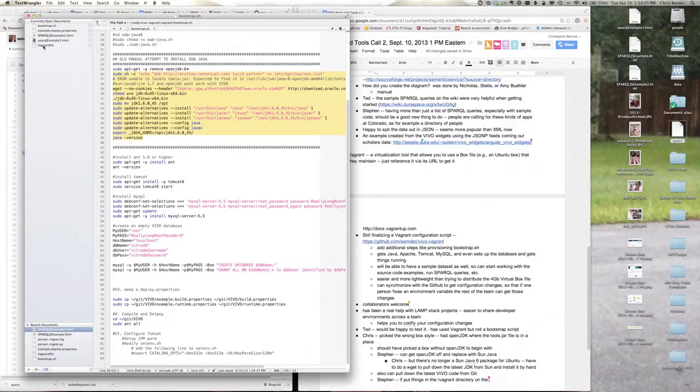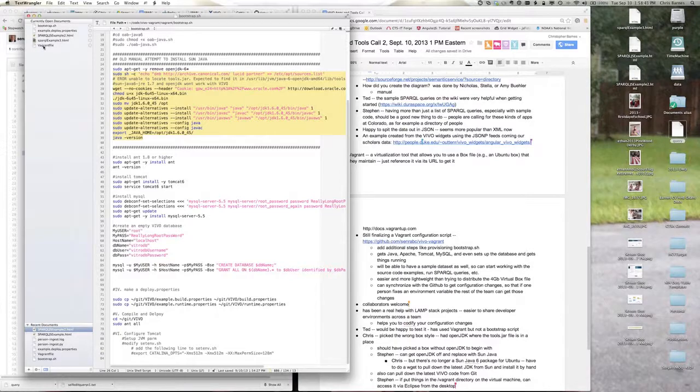But I figured pulling stuff down from the web would be easier for people to follow. But yeah, that's a good point. Vagrant is powerful. If you pulled it down into that Vagrant location, then they would have Vivo on their desktop, with the source code for both Vivo and Vitro accessible, which would be kind of cool. Oh, yeah, that's a good idea. I see what you're saying there, to install it from that location. Okay, that's a good idea.